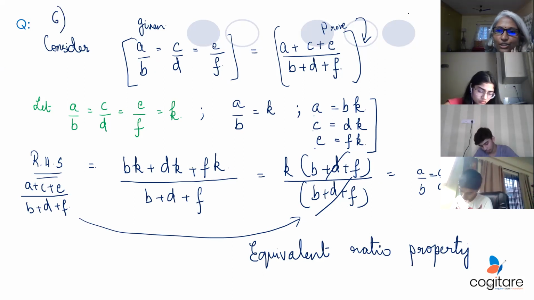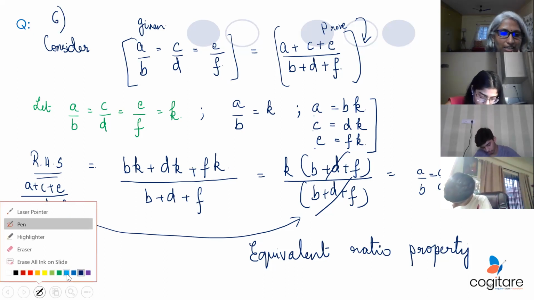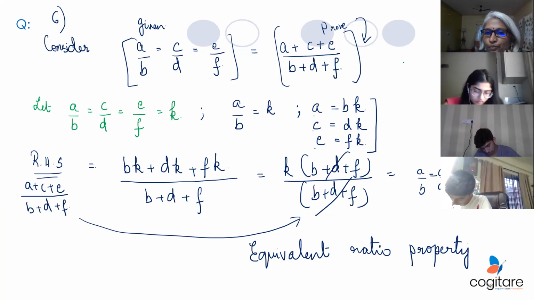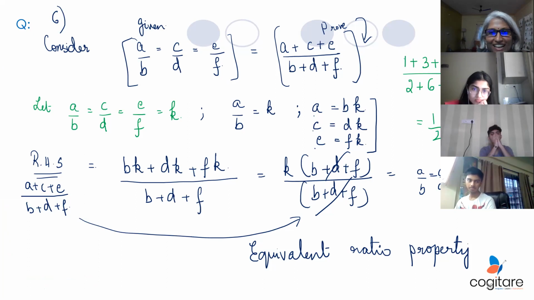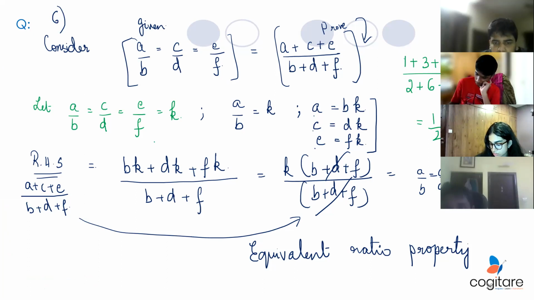So if somebody, you can ask me, hey, why are we doing all this, guys? If somebody gave you a big number like (1 plus 3 plus 4 plus 11) by (2 plus 6 plus 8 plus 22). You see each one of them is in the ratio 1 by 2. Your answer is 1 by 2. Did you all get that? People, did you all get the application? Yes, ma'am. Okay.